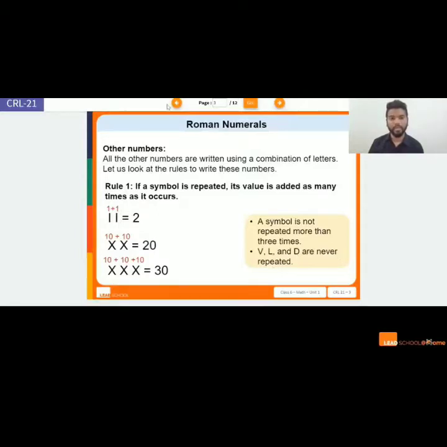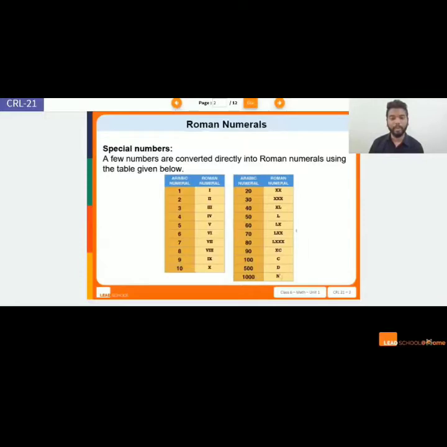Let us again go back to our table. So students, before we go further, I want all of you to take down this table in your notebook. You will have 2 minutes to do this. Copy this table, write Arabic numeral, Roman numeral, make 2 different tables and make sure you're copying the right quantity. Your 2 minutes starts now.